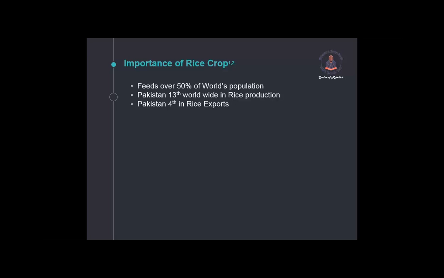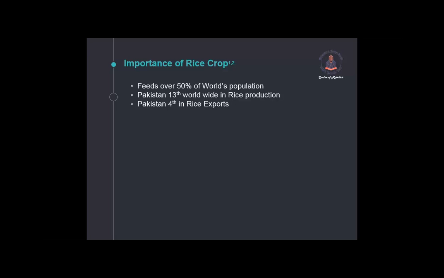The biggest food crop that we have in Pakistan is wheat. The world over, the biggest food crop is rice, but in Pakistan, people prefer to eat more bread than rice. So we have worked on both of these crops, on rice crops and on wheat crops. Here I will present the work that we have done on rice crops.